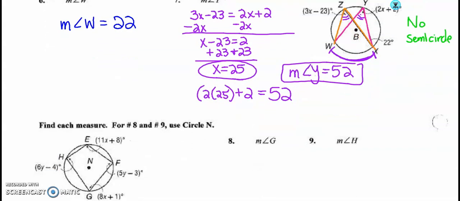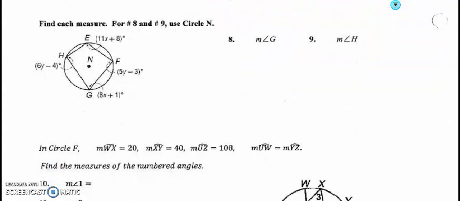The next example says for 8 and 9, use this circle N. When I look at circle N, I do not see a semicircle, but you should notice something about the figure drawn inside. This is quadrilateral HEFG. Or you can name it a different way. However, it's a quadrilateral. We learned something on the back of your notes. On the back of your notes, it said opposite